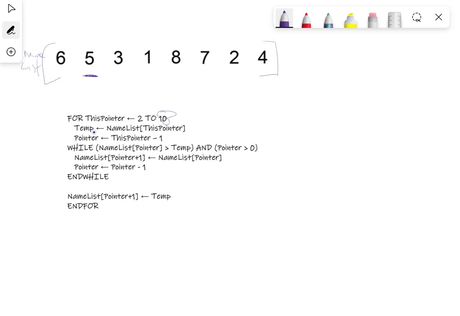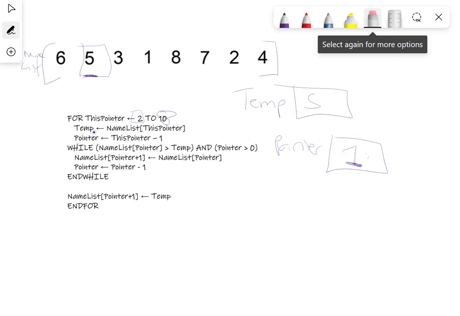We're going to take our number 5 and put it into a variable called temp. So temp is going to have the number 5 in it. Then what we're going to do is have a variable called pointer, and that's going to be equal to this pointer, which is 2, minus 1. We're then going to loop through this. While name this pointer, which is value 1,